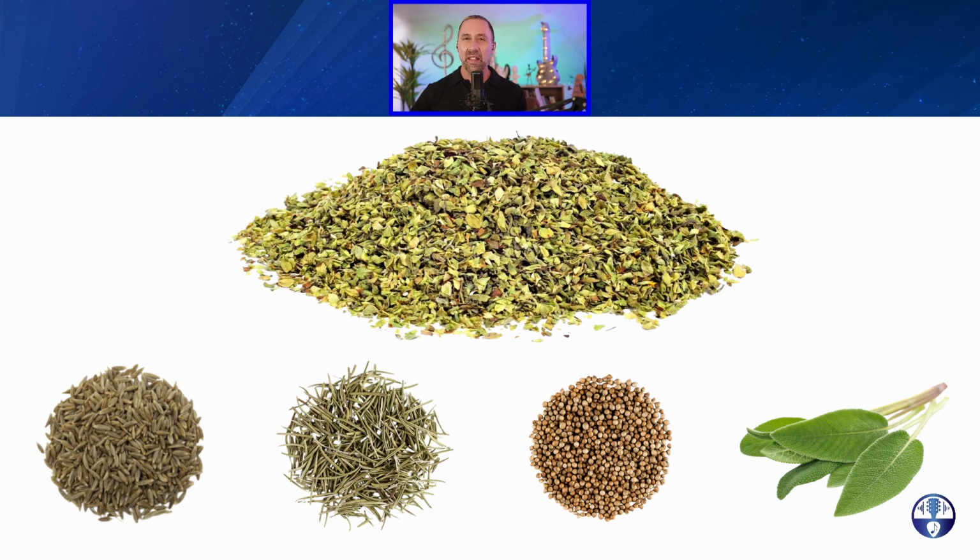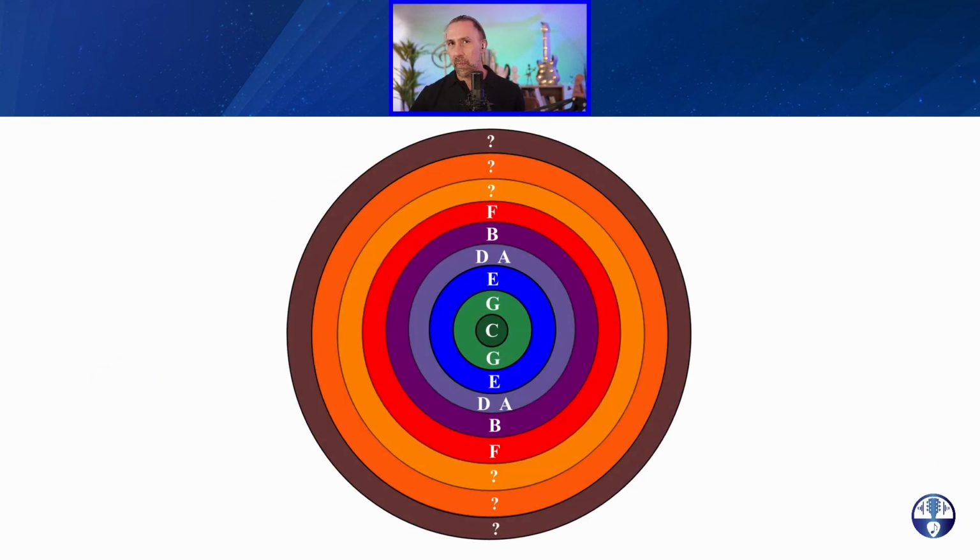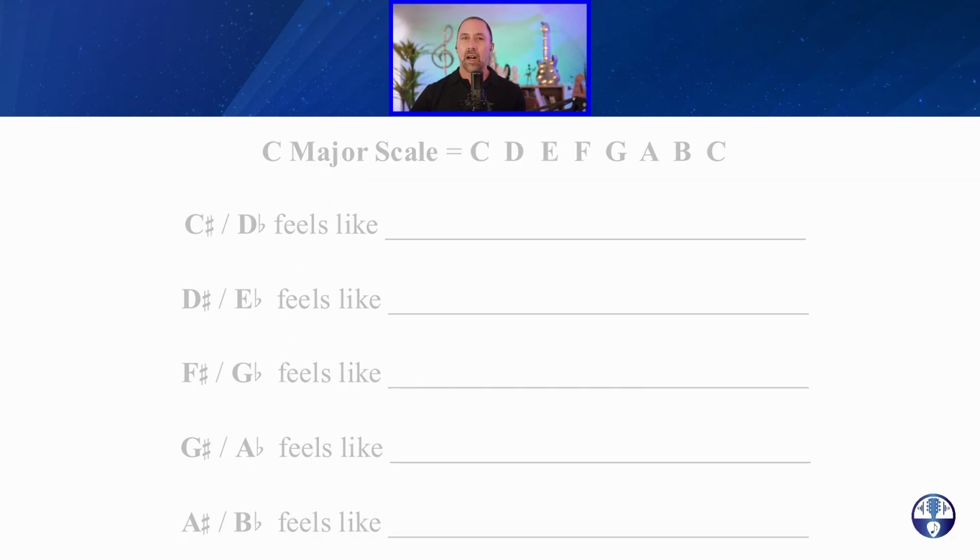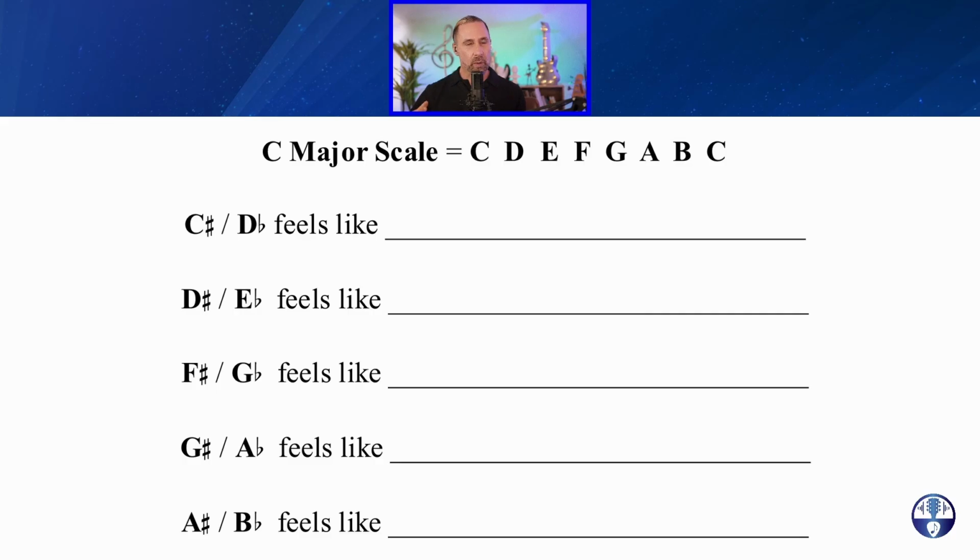All right, well, this is my favorite part of tonal hierarchy, which is where we expand our color palette to include every possible melodic sound and not just the notes that are in the key. This means that your next step is to form some very strong opinions about the emotional profile of each individual note that is not in the scale. You want to come up with at least 3 or 4 specific adjectives that you can personally use to define what every note that is not in the scale feels like to you.